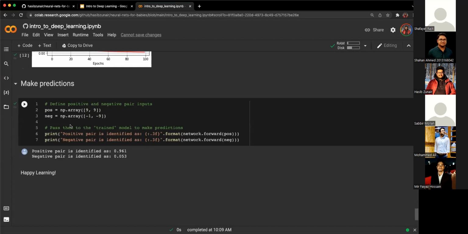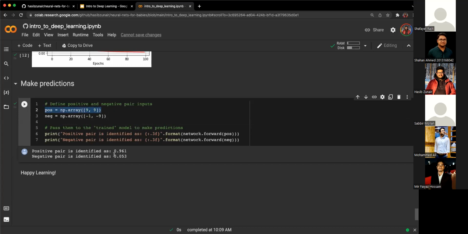In this case, it's just identifying positive and negative pairs of numbers. In other cases, maybe the network identifies that there's a pedestrian over here, or maybe you would want to turn the car right or left, if you consider a self-driving car as an example. So for predictions, I'm using 2 examples over here, which are positive and negative. I'm giving 2 numbers, and I want the network to say, given this pair, tell me what this pair is. Is it positive or negative?